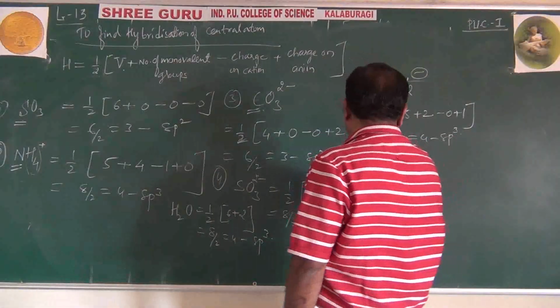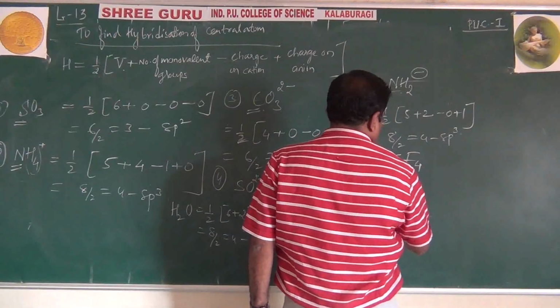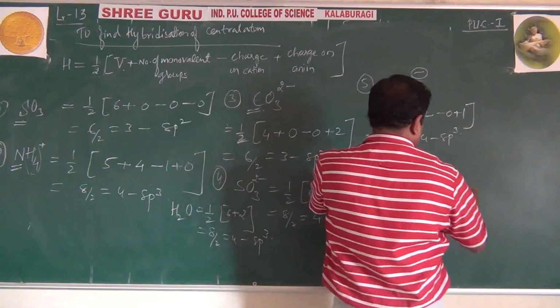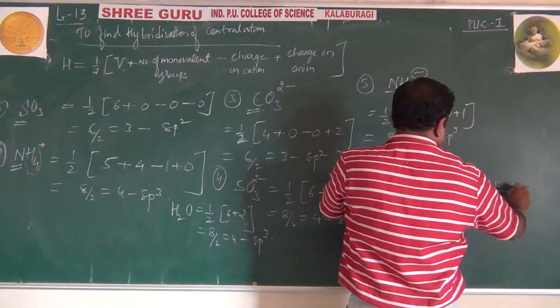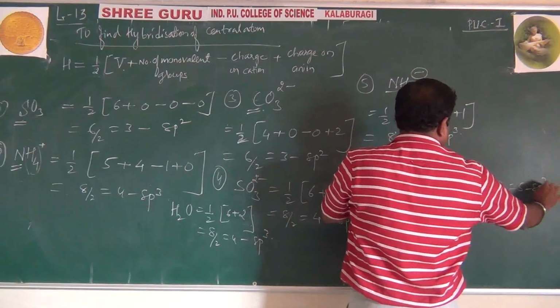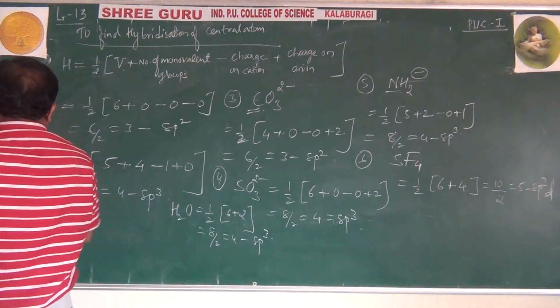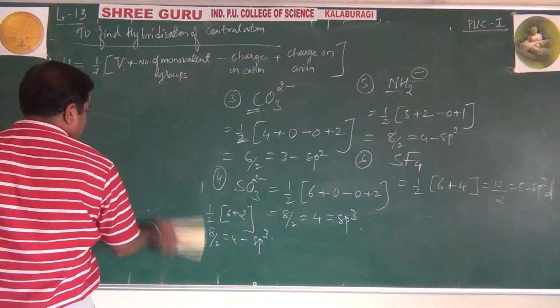Not only this, you can take examples. Yes, SF4, sulfur tetrafluoride. 6 plus 4. Right? That is 10 by 2, 5, sp3d. Definitely you will get this sp3d. Not only sulfur tetrafluoride, students, you can give so many examples. For example,